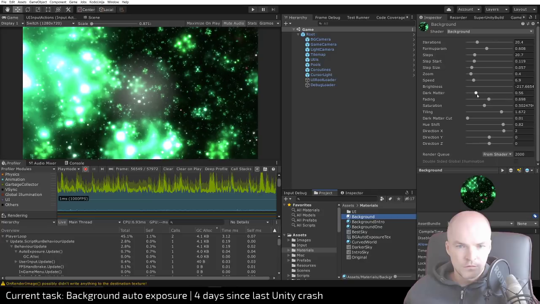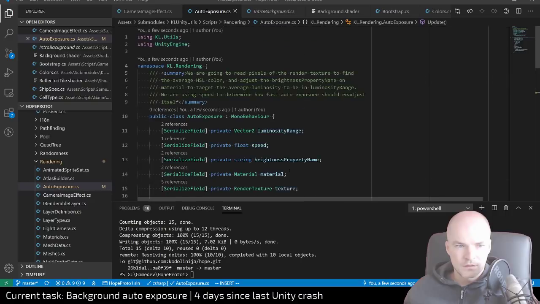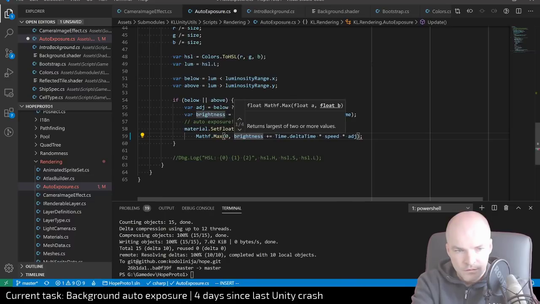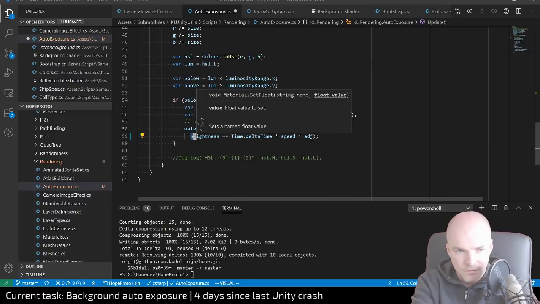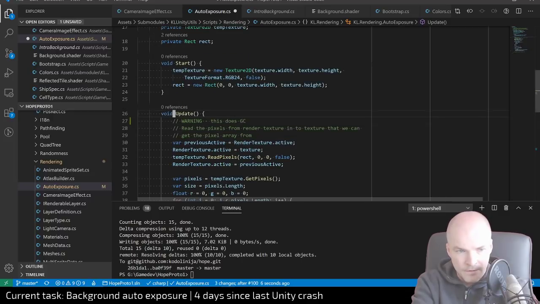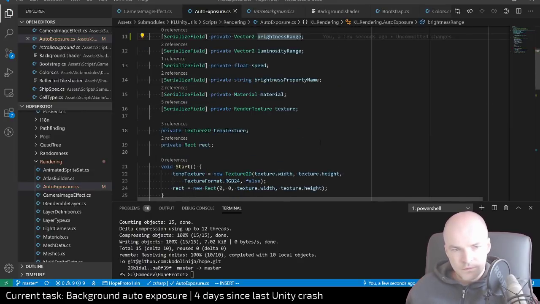Background brightness is -217. Oh my god, yeah. I think I should clamp the brightness. So maybe let's do max. No. Let's do a Vector2 with a brightness range, right? And then we will do